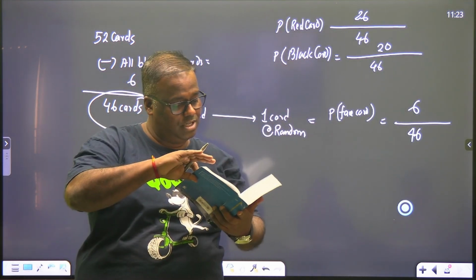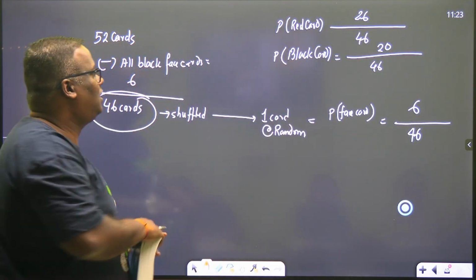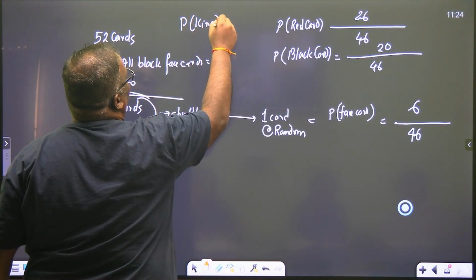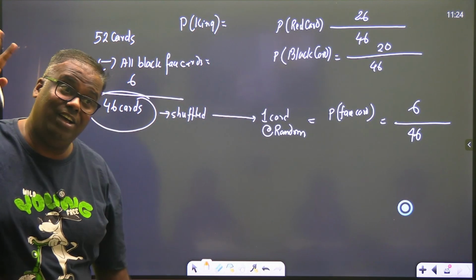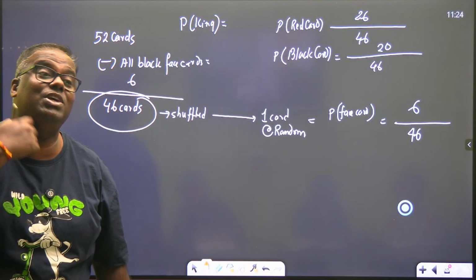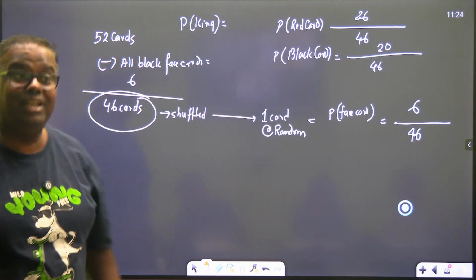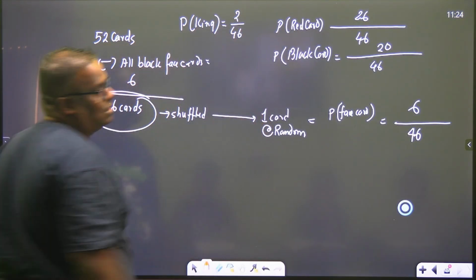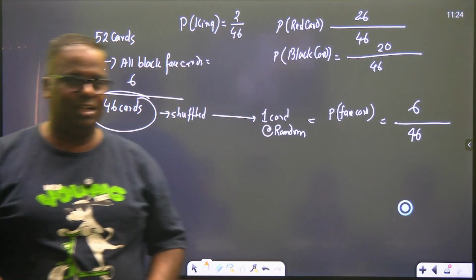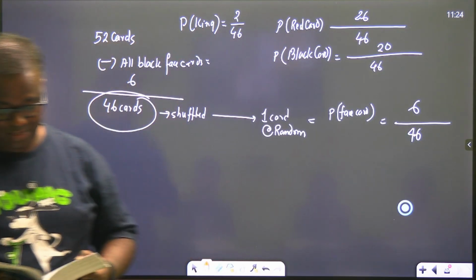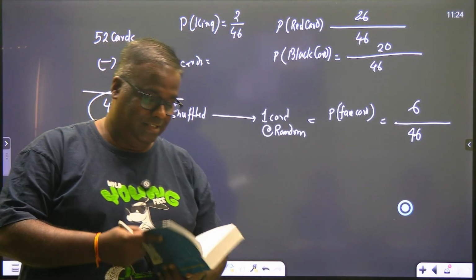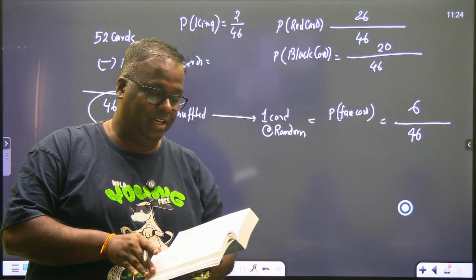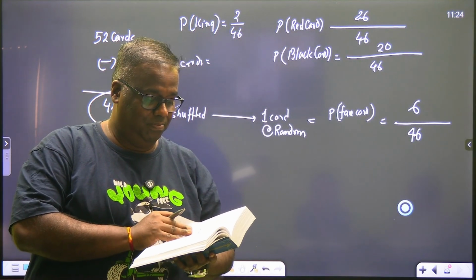Okay, the last question. Get me a king now, any king. Get me a king. 2 kings are already gone. Which 2 kings are remaining? Red kings are remaining, hearts and diamonds. So 2 out of 6. Tell me, children. Again, a grade 10 problem we are solving. This is where the boys make mistakes, the girls. Acha,